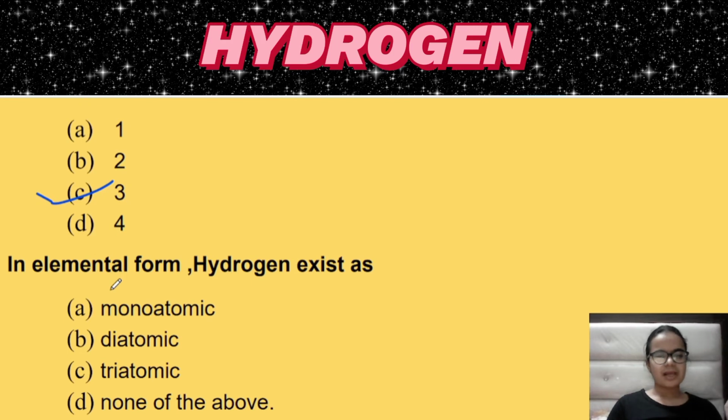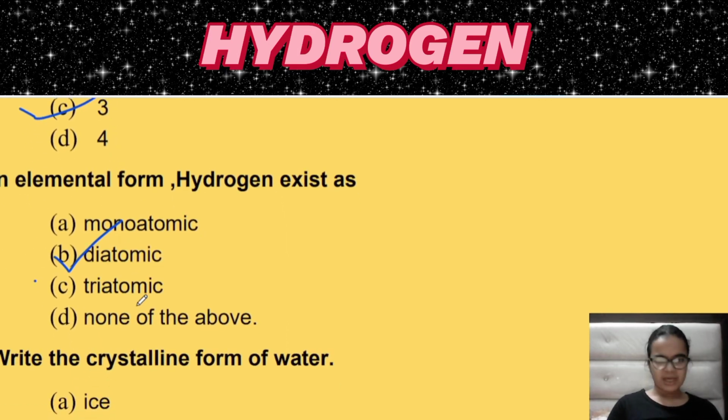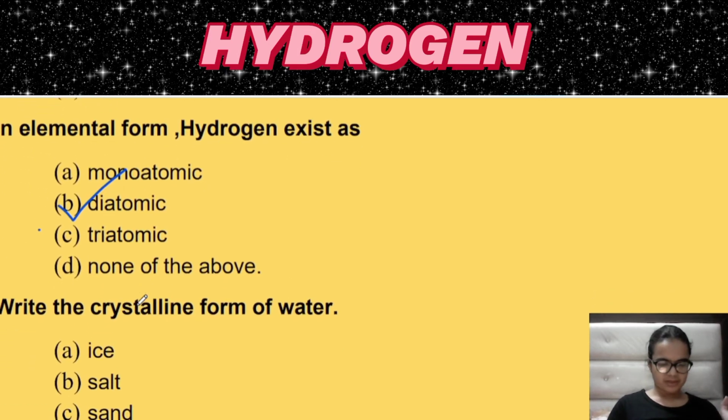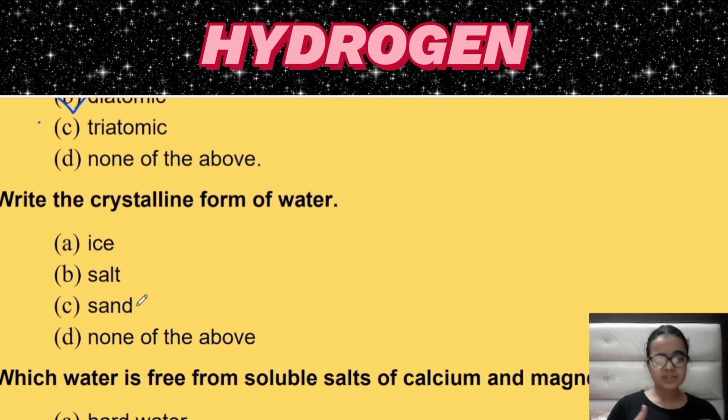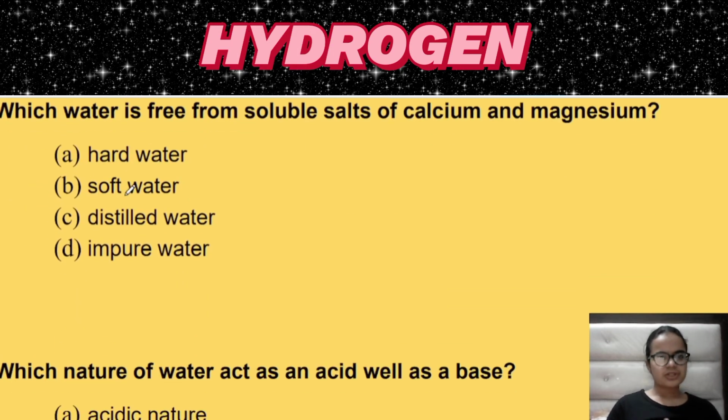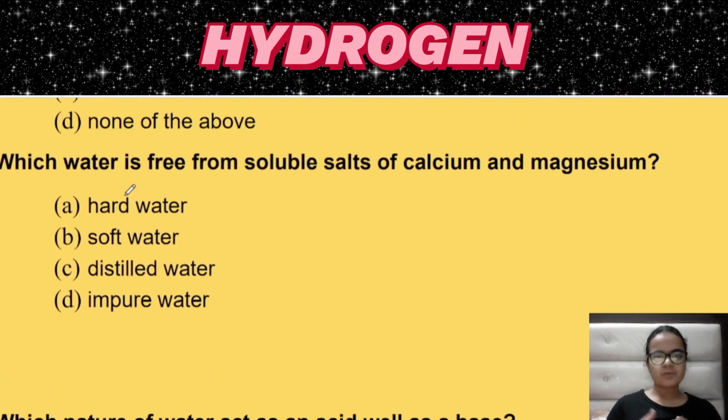36th question is, in elemental form hydrogen exists as, and the answer is diatomic form, that is H2, that is dihydrogen. In elemental form, it exists in diatomic form. Next question is, write the crystalline form of water. So what is the crystalline form of water? That is ice. Next question is, which water is free from soluble salts of calcium and magnesium, and the answer